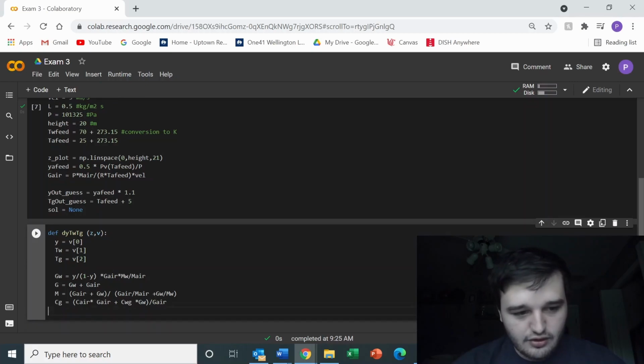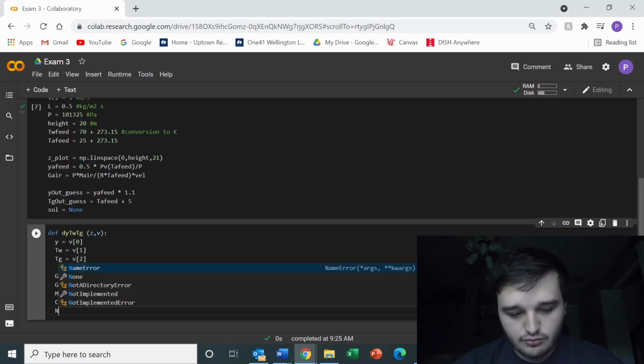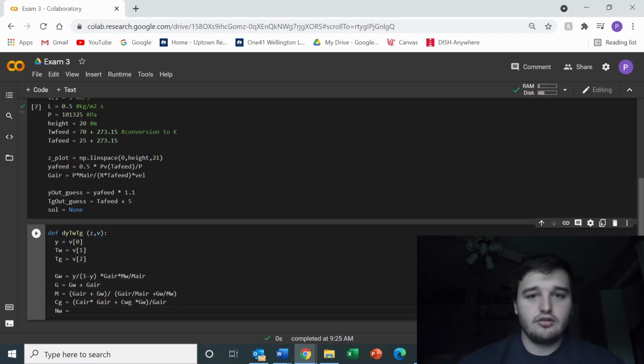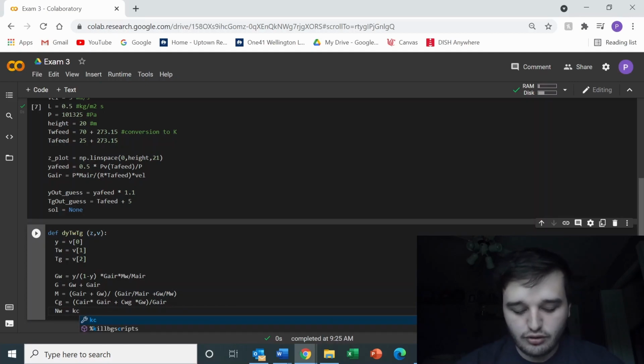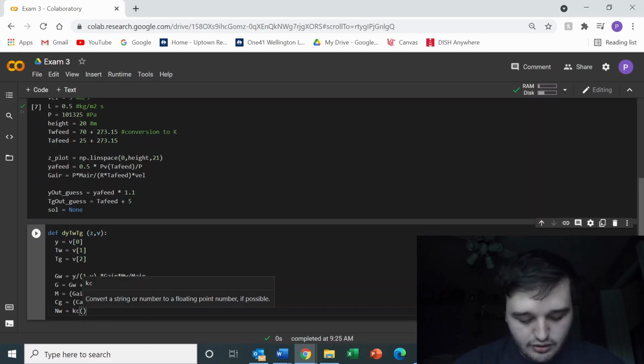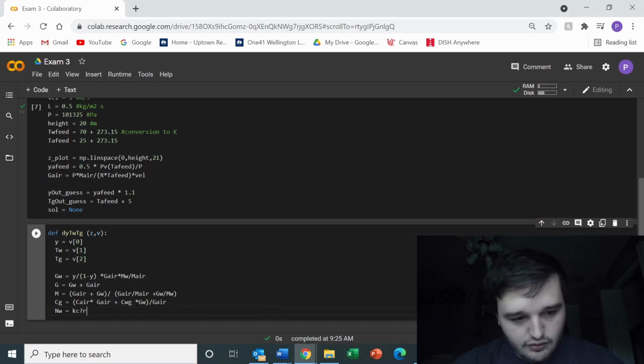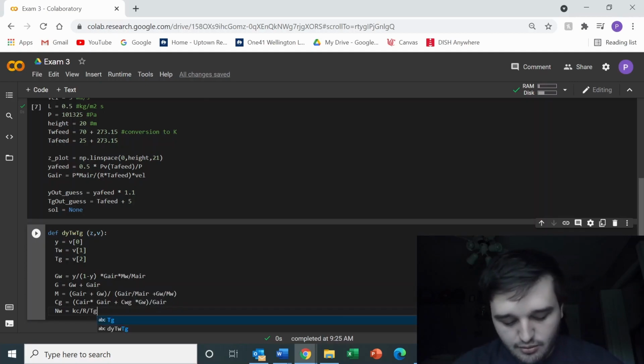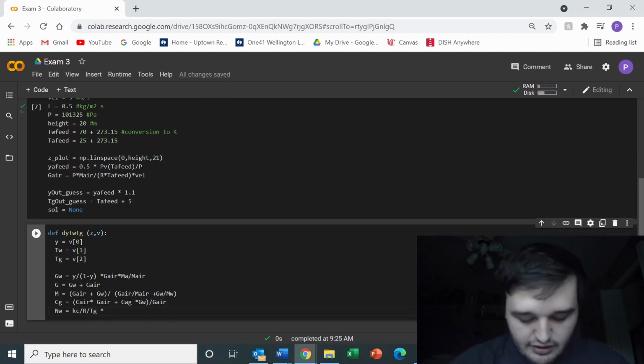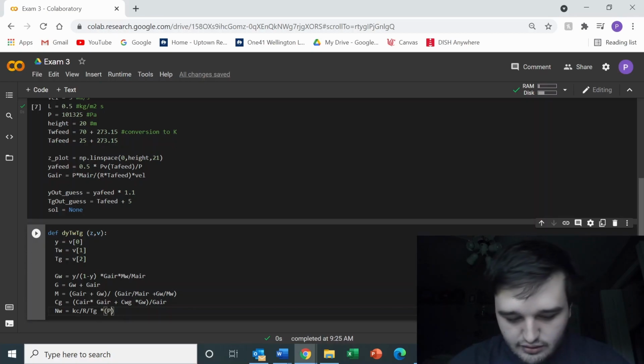We're also going to need what we called NW in the other problem, which is the molar flux of water. So we used NW as shorthand for a larger equation. We're just going to put that back in there. So that was the mass transfer coefficient divided by the universal gas constant divided by the temperature of the gas, multiplied by the